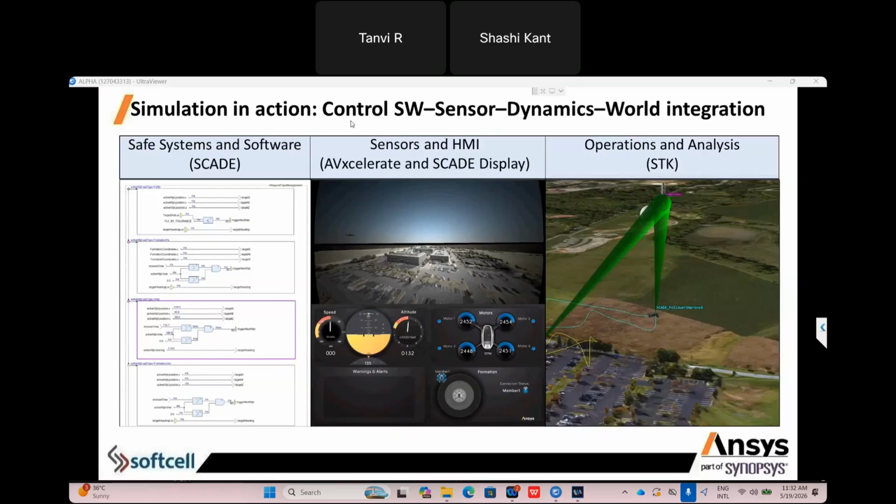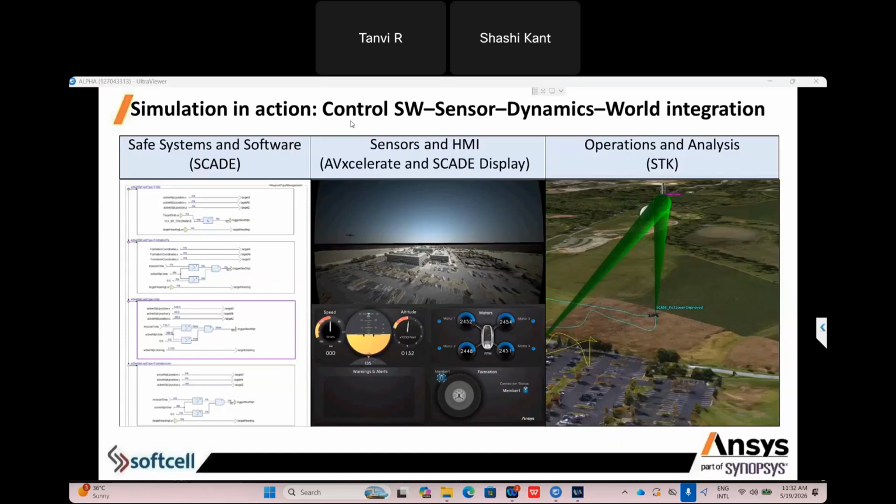This is the simulation in action for control and sensors, dynamic and world integration. I will tell you the easy way. We have STK. In STK, you can import complete city geometry, like buildings, small buildings and big buildings, available in the form of blocks.